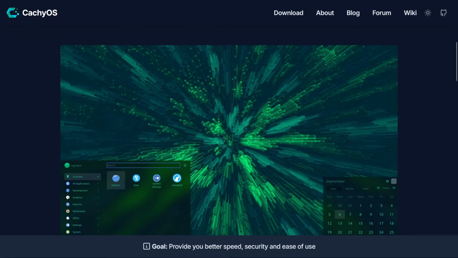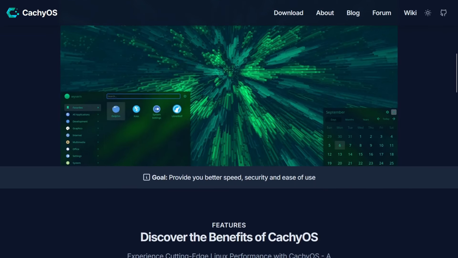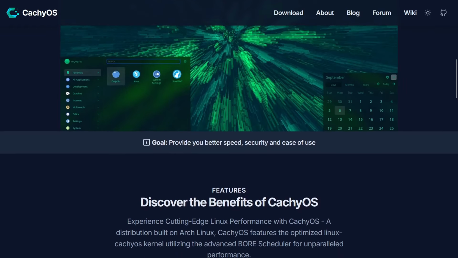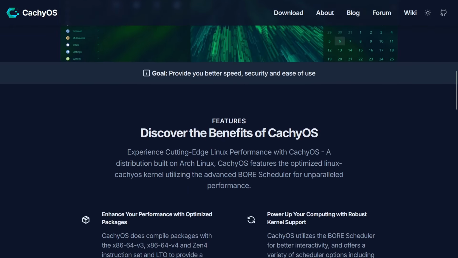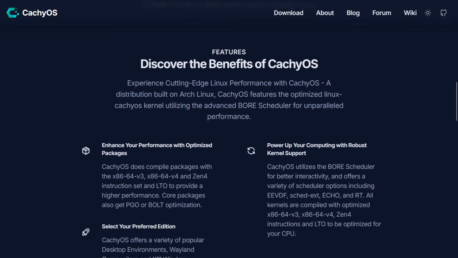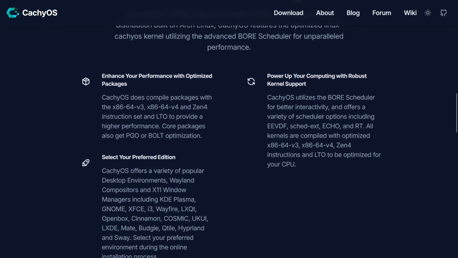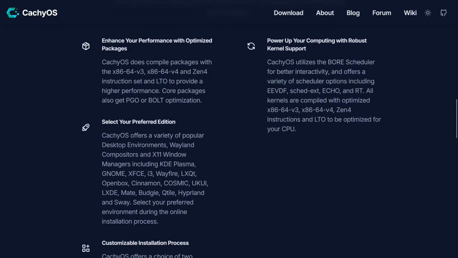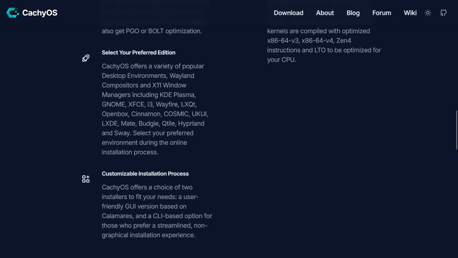One of the key advantages of CachyOS is its flexibility, allowing users to customize not only the appearance and applications, but also the environment and to choose the Linux kernel that they wish to use. This feature, the ability to tailor everything to your specific needs, makes CachyOS an appealing solution for a wide range